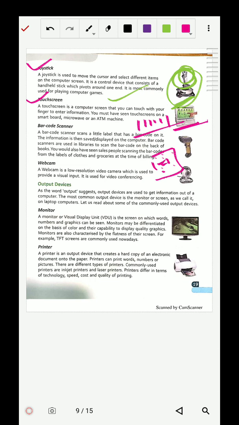Actually in this barcode there is information about that product. In your Aadhaar card, there is your data available, your information, what is your name, where you live. So all the information is stored in that, and by the help of this barcode scanner we can fetch that data, we can read that data, and we provide it to the computer so that it can understand very easily.